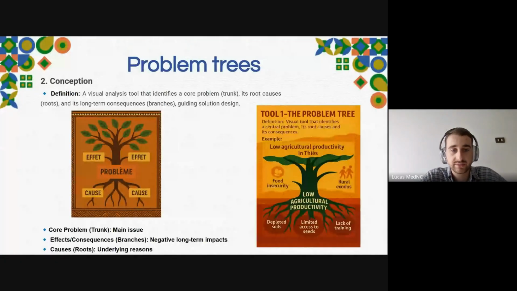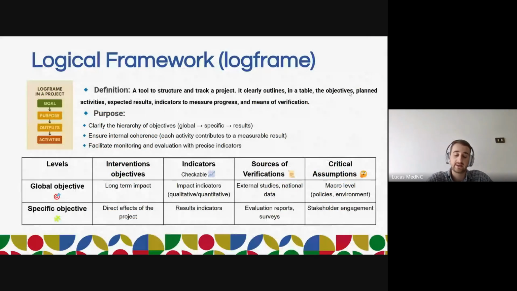So next up is, I think, probably the most famous tool when you answer a call for projects or when you want to build a project. Some of you have obviously already done some, I'm pretty sure. It's the logical framework.